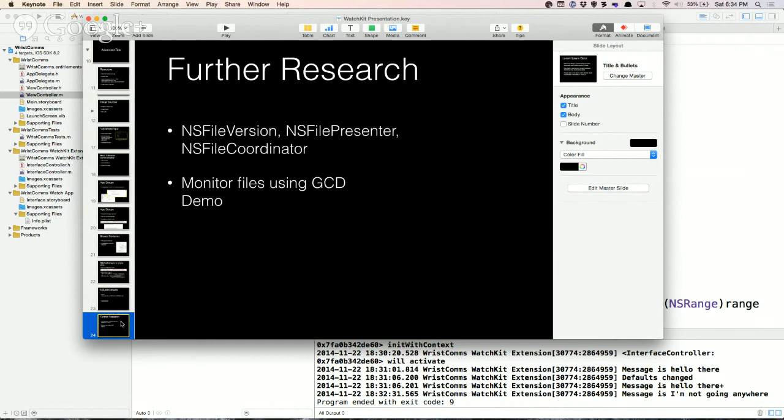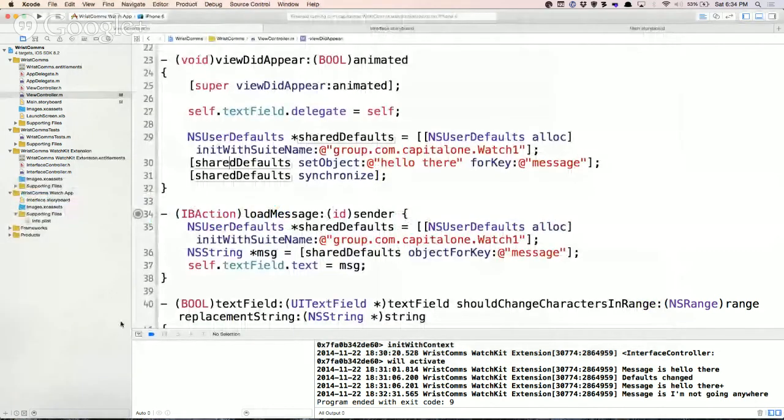But they'll work for looking. This is what Apple recommends for monitoring files on the watch. They actually call that out in the WatchKit application. You can also use GCD, for instance, dispatch types and methods for observing some of this stuff. And so last night my colleague Jimmy and I set up something